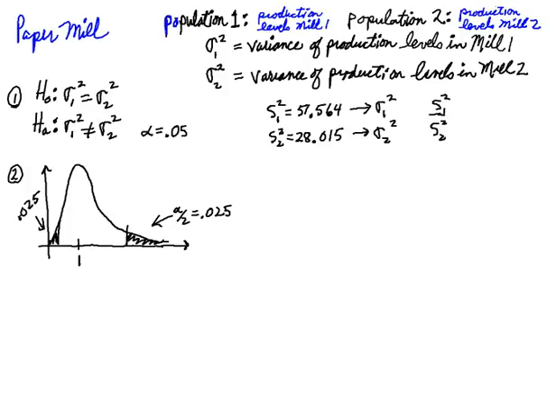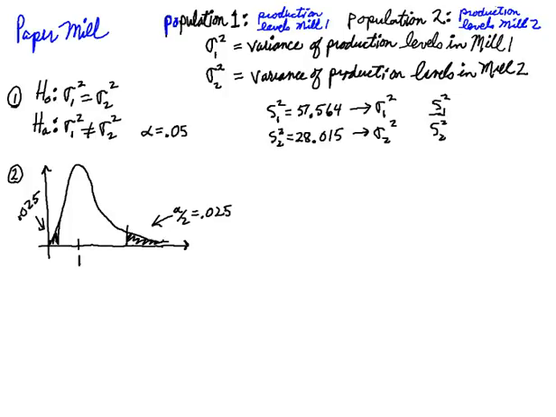As a matter of fact, you can always make it an upper end test on the distribution if you simply allow population 1 to be the population that has the larger sample variance. That way, when you run the test, that test statistic will move to the right of center and go out to the right. And then you can always use one critical value, the upper end critical value, to determine the